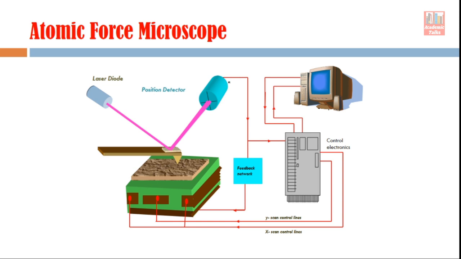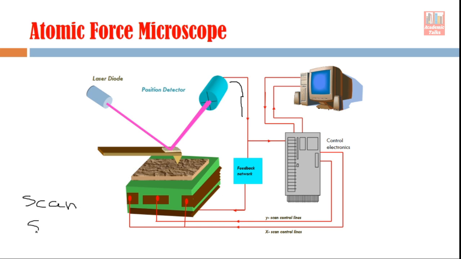That electronic signal is moving through these connecting wires, and then it is going to the control electronics, and all this control electronics is controlled by this computer. Now you know that this is a scanning probe microscope, so this probe has to scan the sample surface. From earlier video lectures, I think you are already aware that scanning can be implemented with the help of the probe, the sample holder, or the sample. So in this particular diagram, the scanning is done by the sample.